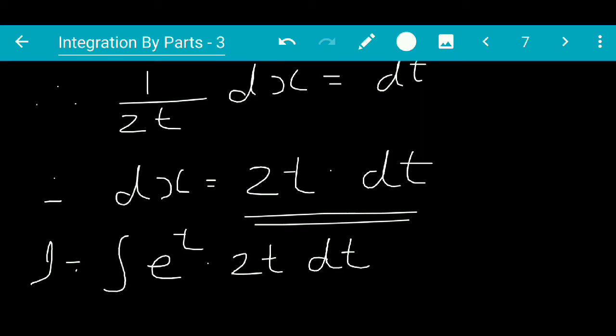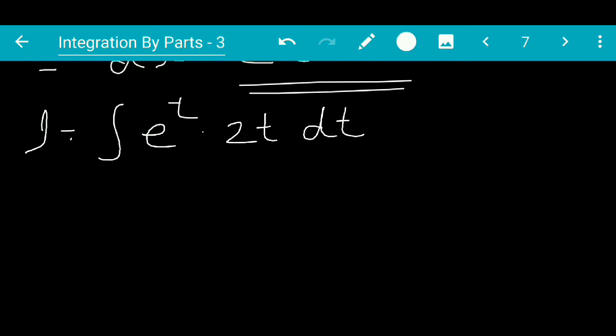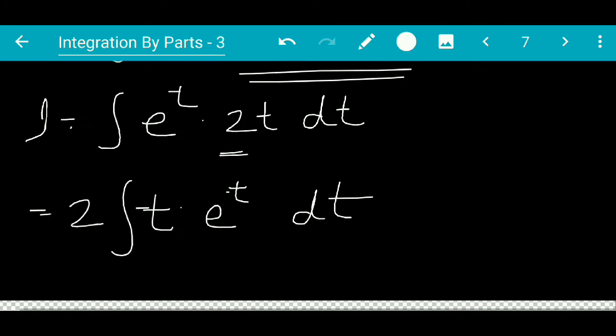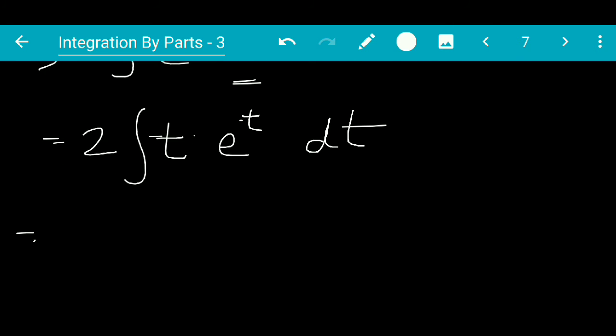Now we can take the 2 outside the integral because 2 is a constant. So this term comes outside the integral. So we get 2 integral of t into e raised to t dt. As you have guessed very correctly by now, we have to use the formula u into v. Since t is an algebraic term, we have t as u and e raised to t is an exponential term, so that becomes our v. So we have 2 common,